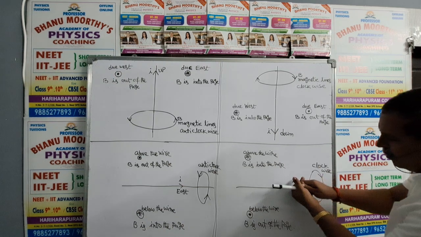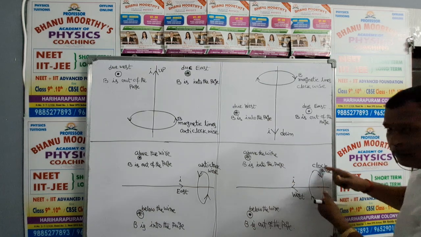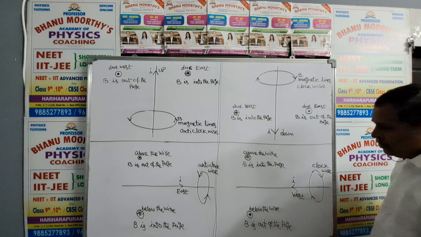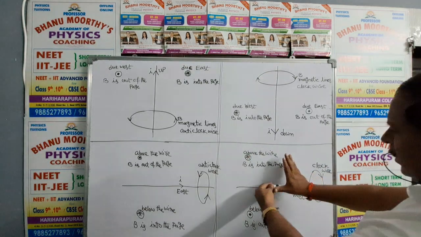Okay, the screw moves up. Direction of motion represents current. Direction of rotation of the screw represents magnetic field. So this is clockwise. And above this wire, the field is, suppose you see, this is the thumb and four fingers are